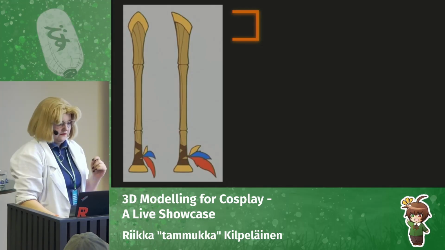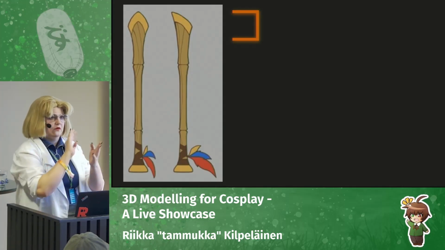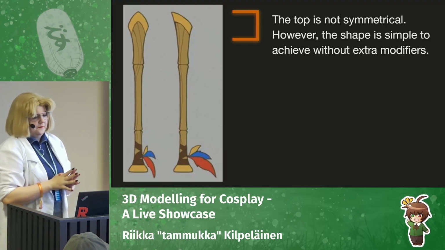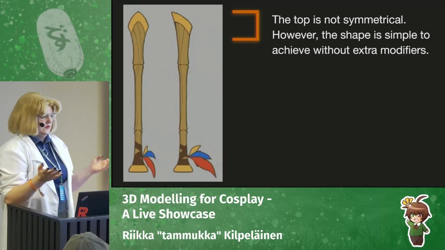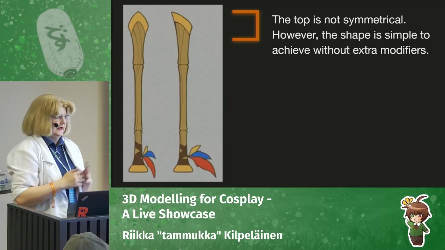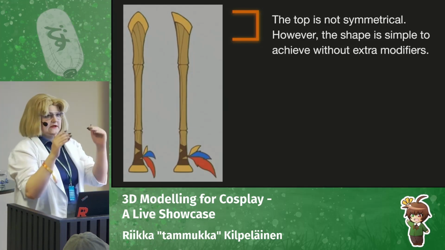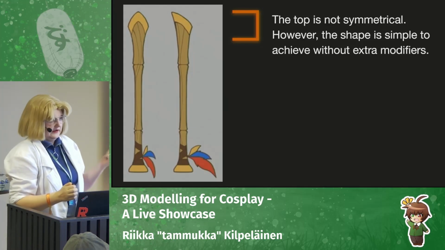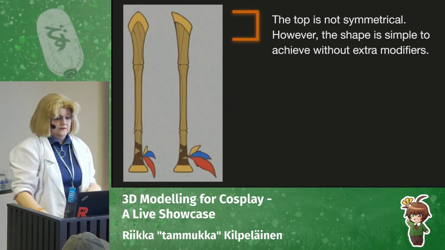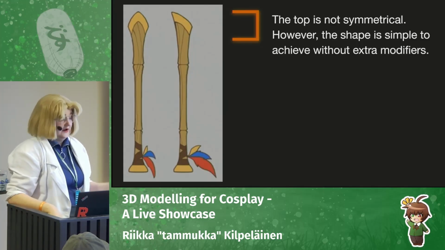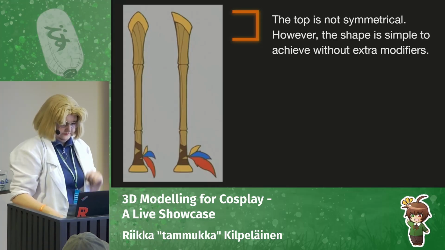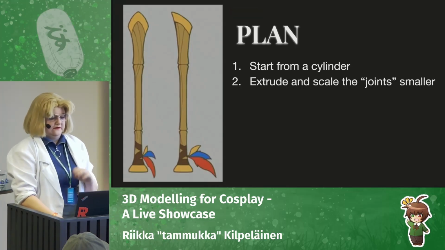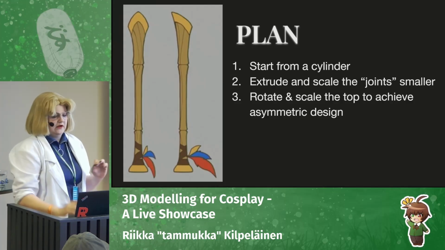However, at the top, it does play out a little bit, and it's no longer fully symmetrical on all axes. But I think this is pretty easy to achieve without any fancy anything. I would just take the vertices and move them around a little bit and achieve this shape. You could do this with a lattice modifier as well, personal preference. And I will go into modifiers later. So plan: start from a cylinder, extrude and scale the joint smaller, and then rotate and scale the top to